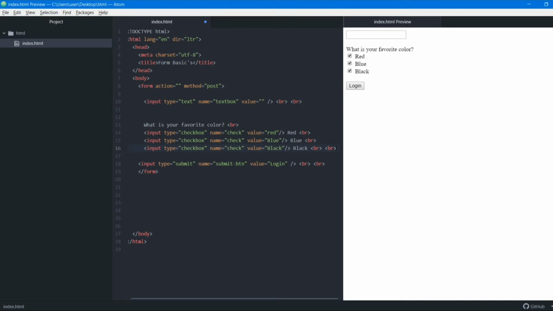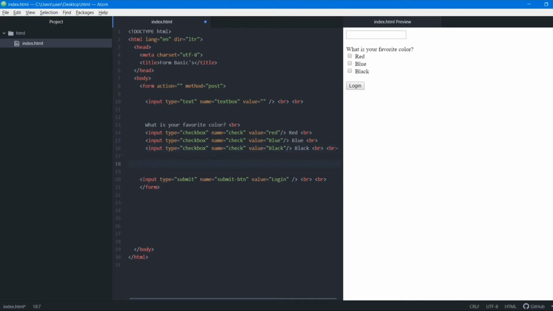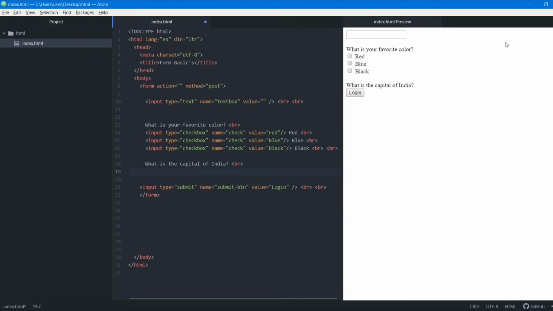Now what if I want to answer a question like this: what is the capital of India? There's only one answer to this question, right? There can't be multiple answers. So we'll see how to select a single answer, because a checkbox allows selecting all the answers, right? We want only one answer now.